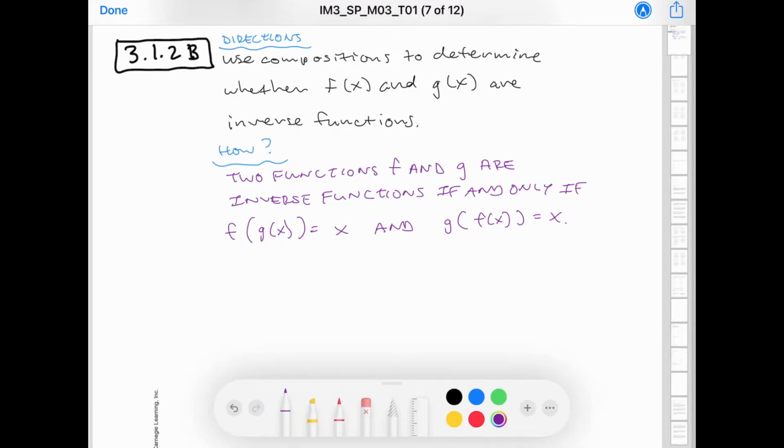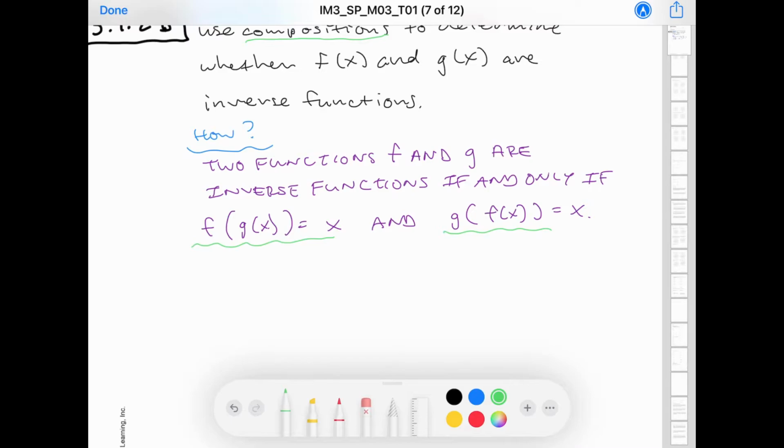Alright, 3.12b, directions. It'll say use compositions to determine whether f of x and g of x are inverse functions. Well, compositions has a notation that looks like function notation, okay? And how do you do this? Well,